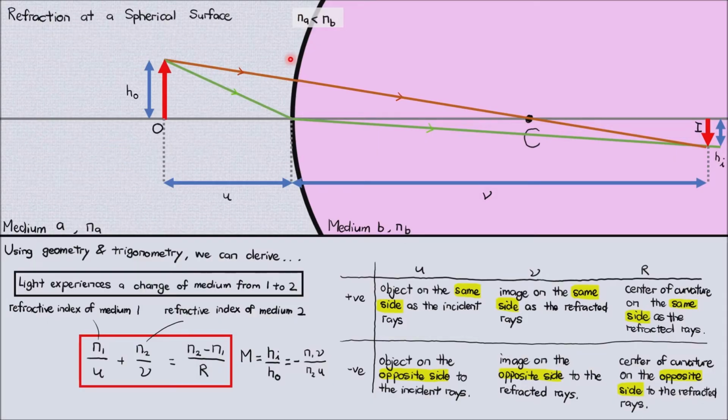And then we move on to the second subtopic on spherical surfaces, where we learned what happens to light when it encounters a change of medium. To be more specific, we learned that refraction occurs when there's a change of medium, and when there's a change of medium, we need to look at the index of refraction in order to know whether it will be refracted away